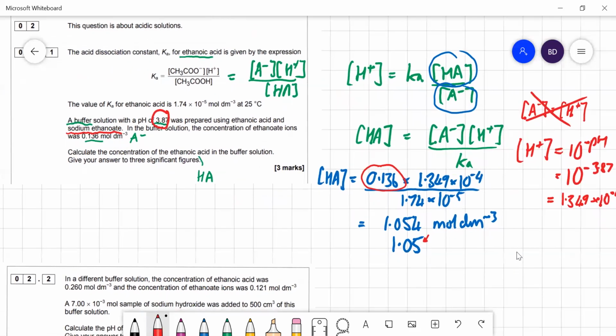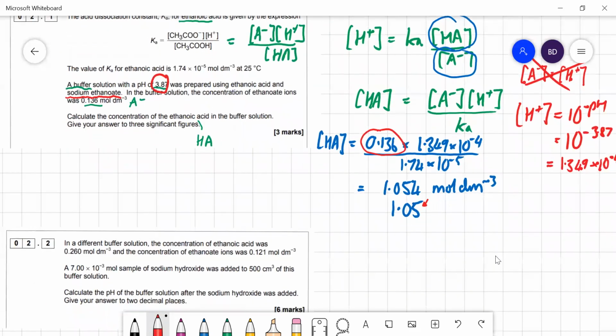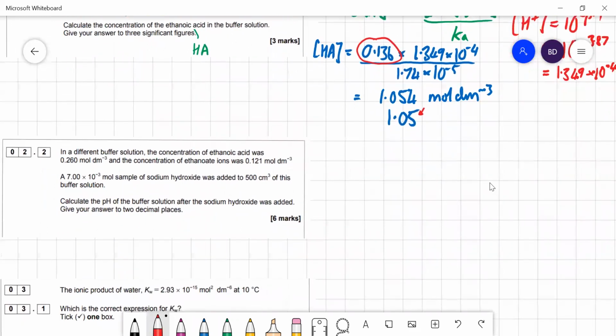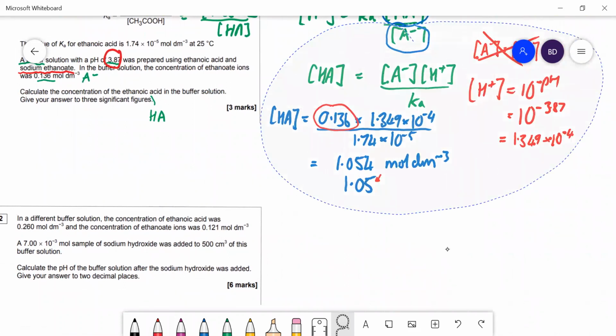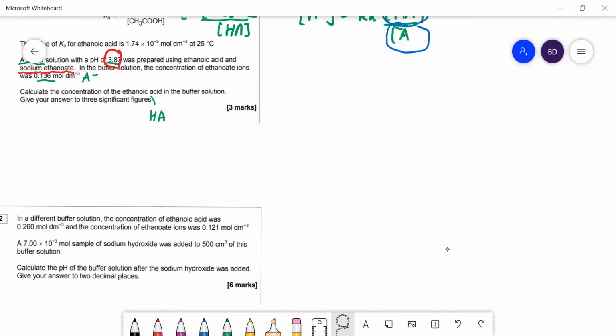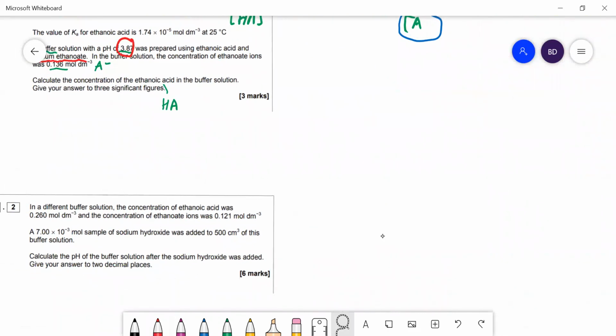Okay, now this question is harder. In a different buffer solution, the concentration of ethanoic acid, so we've got the HA concentration equal to that, and the ethanoate ions equal to that. We've got a volume of 500 centimeters cubed,